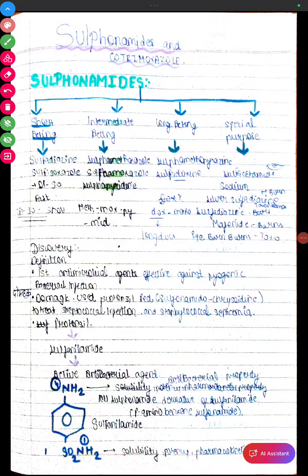Today we are going to start with sulfonamide. For any antimicrobial, we will be writing our answers in a pattern. First of all, we write classification. After classification, we will be writing a short definition. And then after definition, we will be writing about the antimicrobial spectrum, like what are the